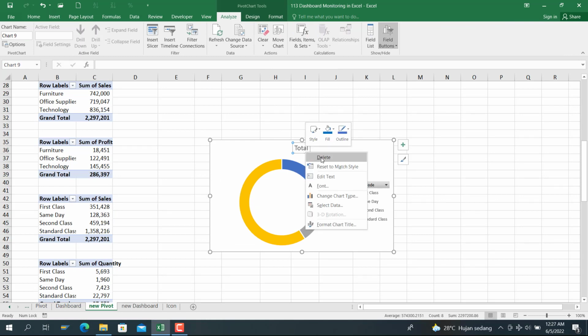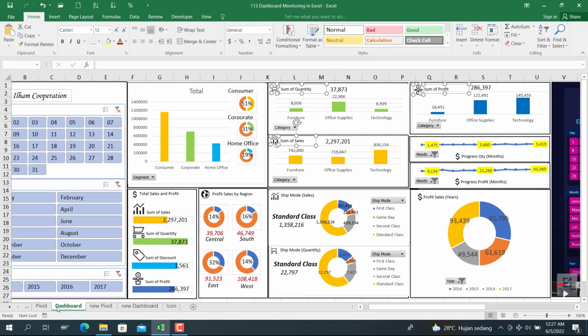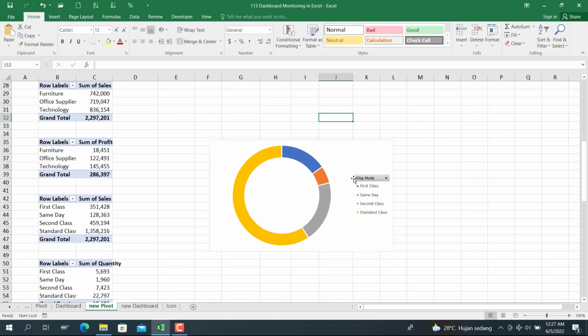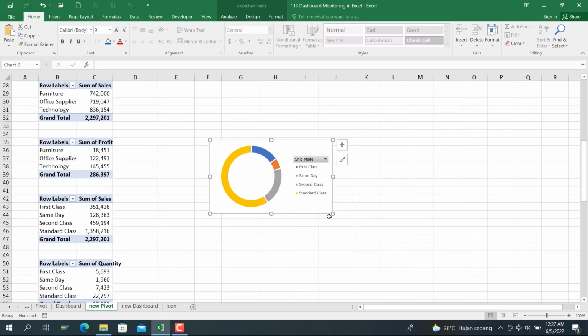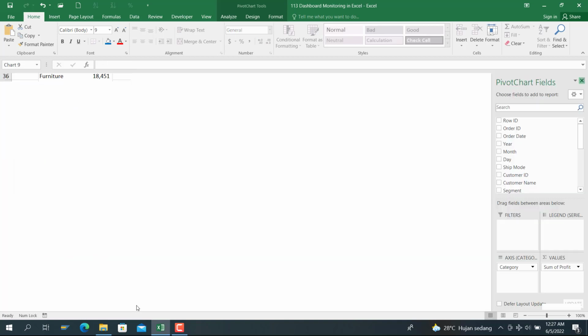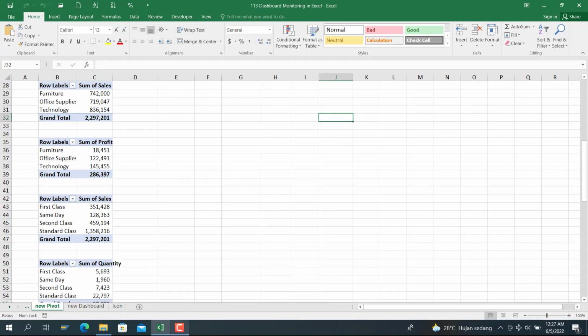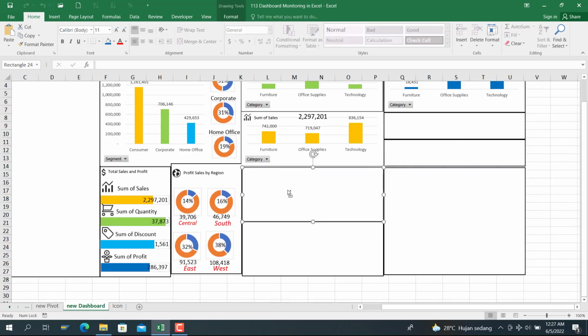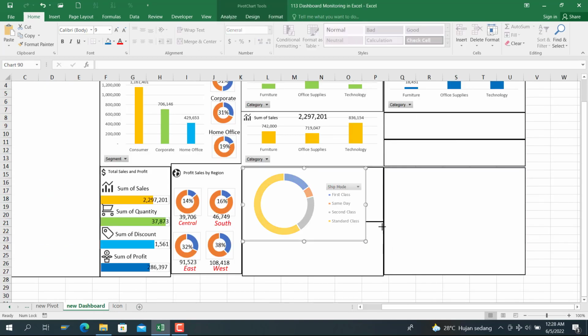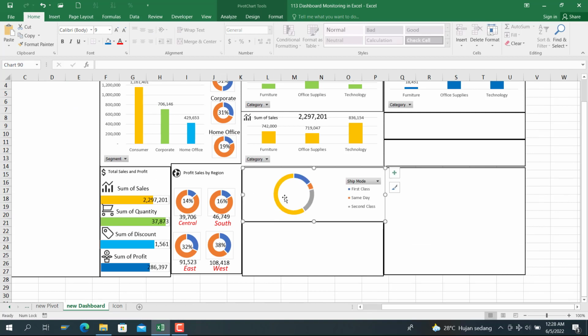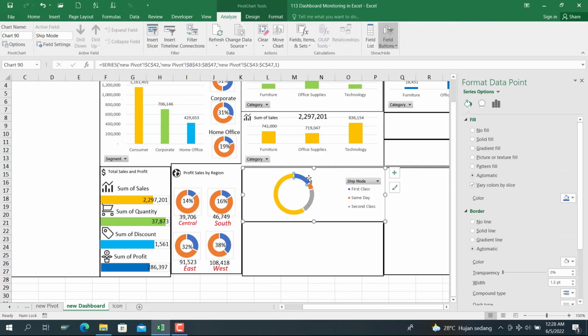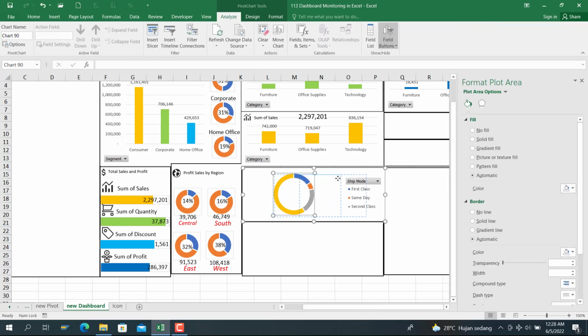and remove the total here, and reduce the size. Ctrl X and paste it to the new dashboard here. Okay, and then you can select the donut chart here, move it to the right here,